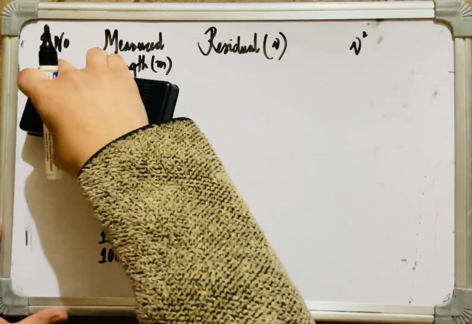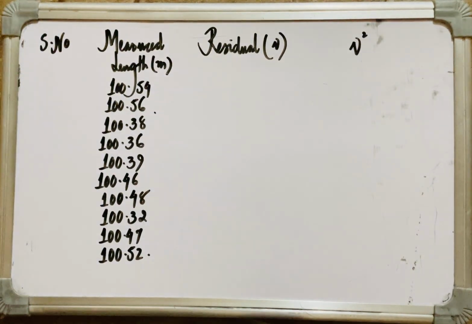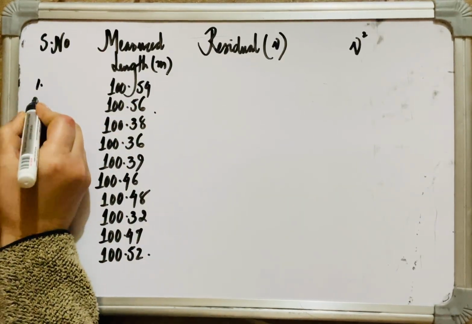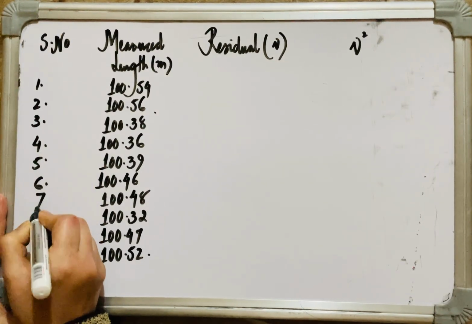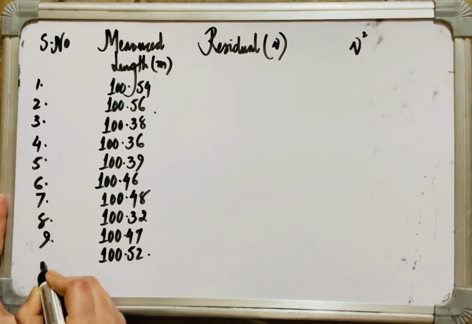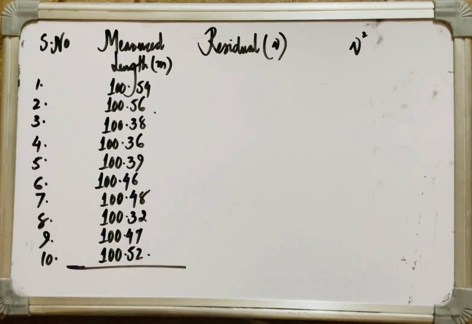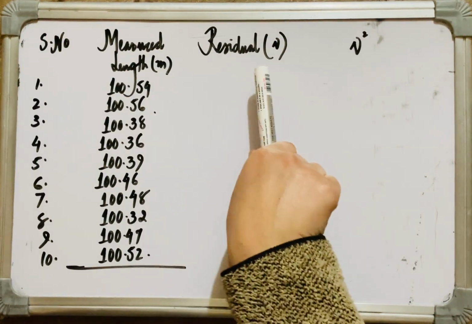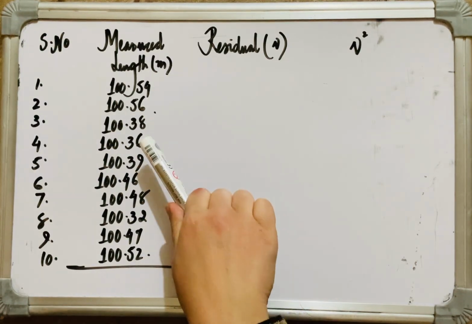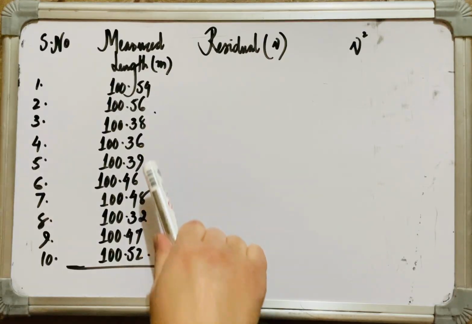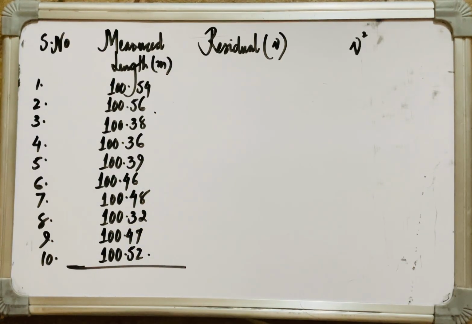The measurements have been taken with a steel tape and they are as follows. This is 1, 2, 3, 4, 5, 6, 7, 8, 9, and 10. All right, so these are my measured lengths. Then I have to calculate the residual or the residual error or the variation. But for that, and that is equal to measured length minus mean value or the most probable value. But first my task number 1 is to find the mean value, the arithmetic mean of all these 10 measurements. And by calculations, that is equal to